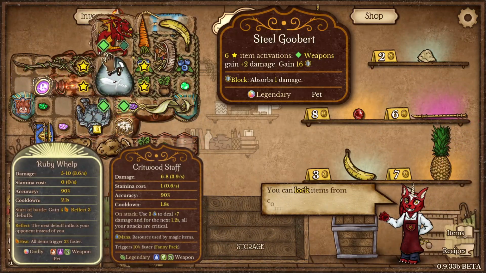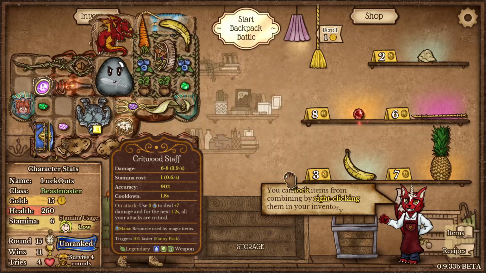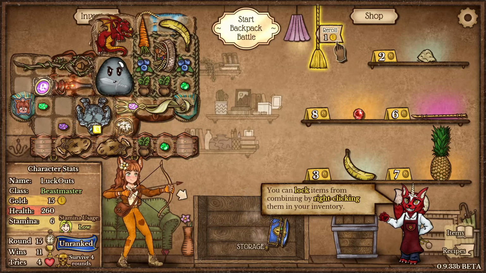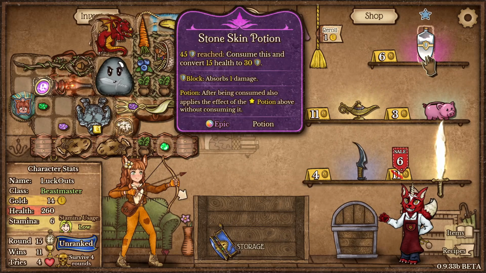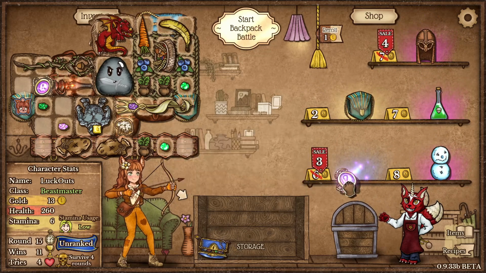And we got a Critwood staff. We also got our dragon. We got some lifesteal here if we do want it. I'm going to take this out for now though, as we roll. I don't exactly want any of these items. I do, however, want to grab this,